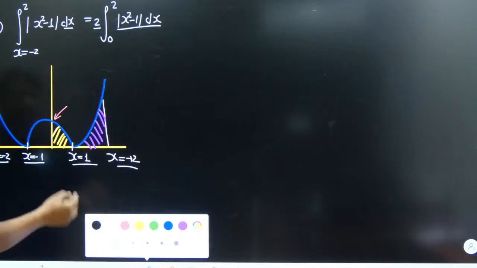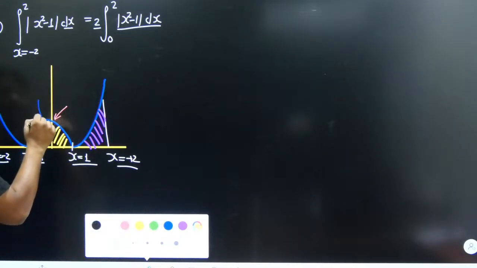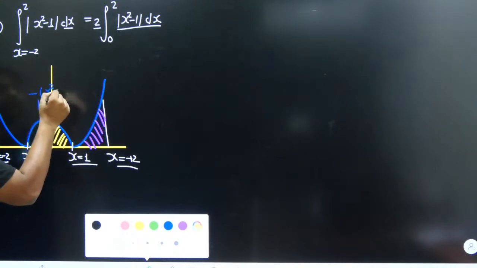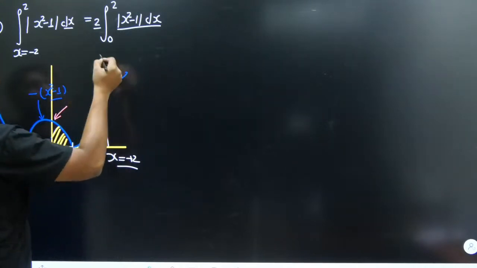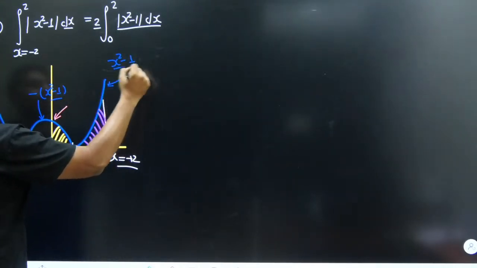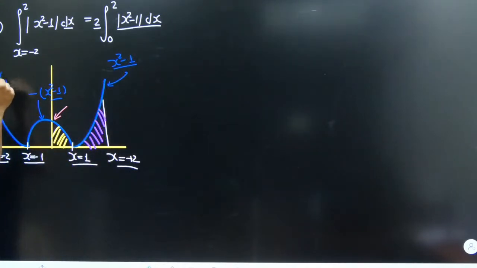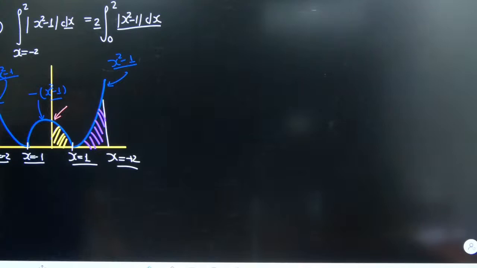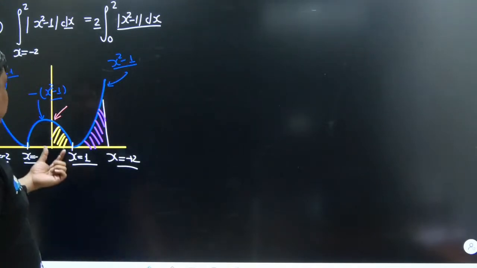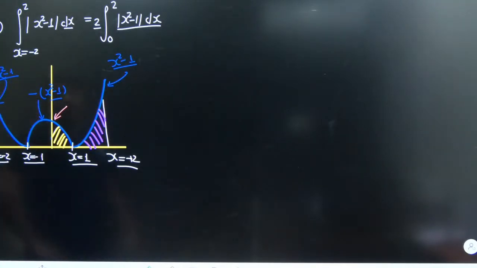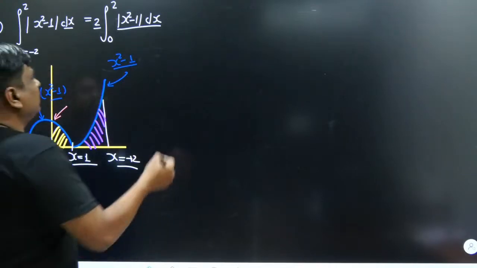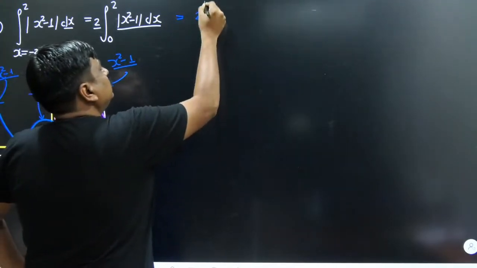So as far as the nature of the curve is concerned, between minus 1 to 1, it is precisely minus times of x square minus 1. And if you go beyond minus 1 or plus 1, the nature of the curve is the same as x square minus 1. So as far as the area occupied by this function from x equals 0 to 1 is concerned, we have to take the integration of minus times of x square minus 1 from x equals 0 to 1, and then the integration of x square minus 1 has to be taken from 1 to 2. So here the result would be 2 times